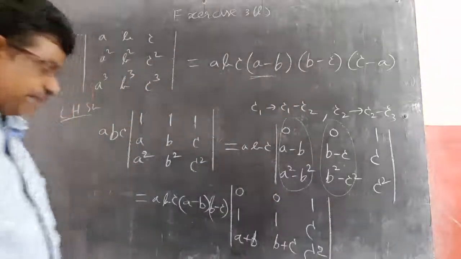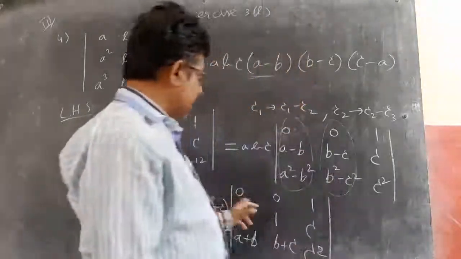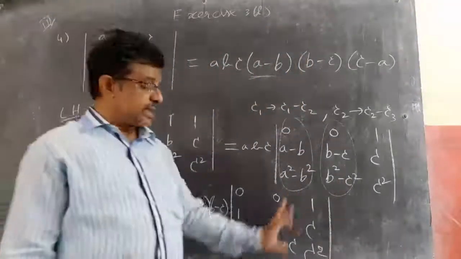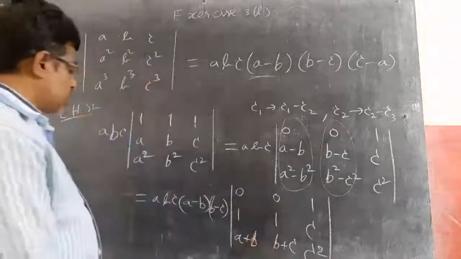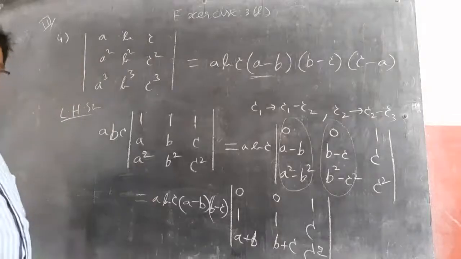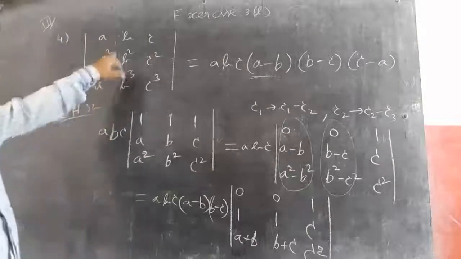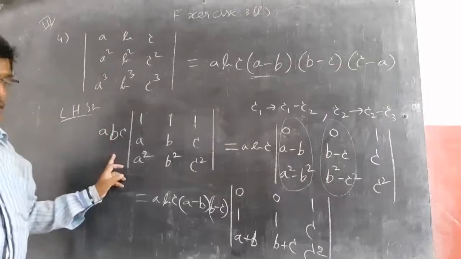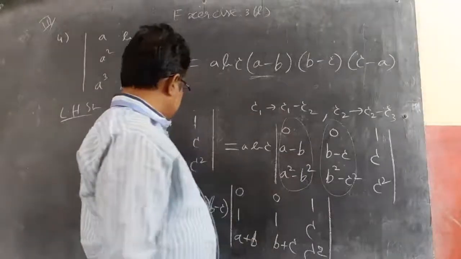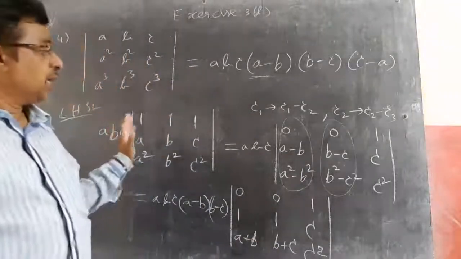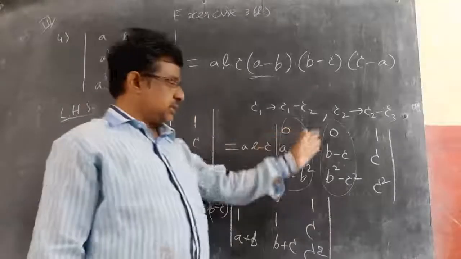Now coming to the expansion of the determinant, I will go for the first row expansion because I have already got two zeros. So 1 into its determinant. I will expand according to the first row now. Till this you understood, I think. First I took A common from the first column, B common from the second column, C common from the third column. Now I got this. Now I am multiplying C2 with minus 1 and adding to C1, like C3 with minus 1 added to C2. So this is the result I got.